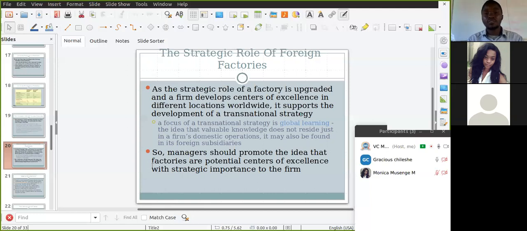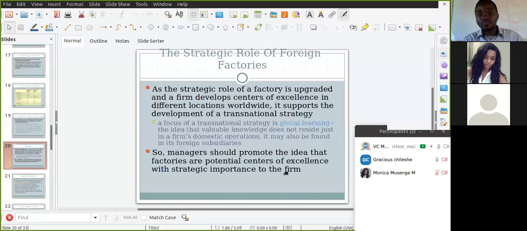So like if you establish yourself also on an international level, you find that you're going to gain new knowledge. The interaction that you're going to have with the personnel in that foreign country, in their factories, you'll also be able to learn how production is done. And at the end of the day, you are going to improve on the production quality of your own firm.